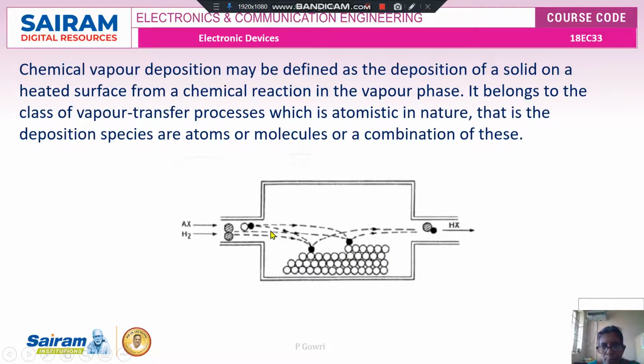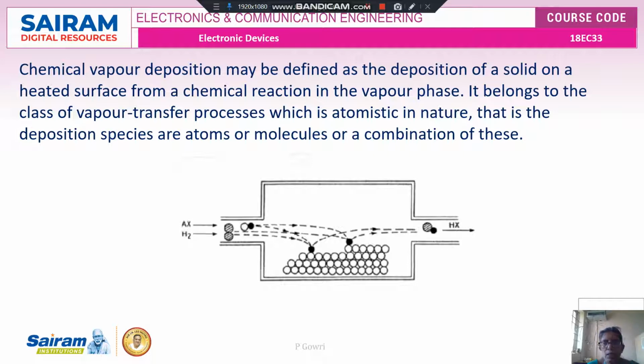So here is the deposition of solids. Here I have my aluminium and the hydrogen gas, which will be passed together here, and when it strikes here, this will be happening at a very low pressure. Based on the pressure we can have LPCVD, that is low pressure CVD, or ultra low pressure CVD. The main important thing is this process will be happening at low pressure conditions.